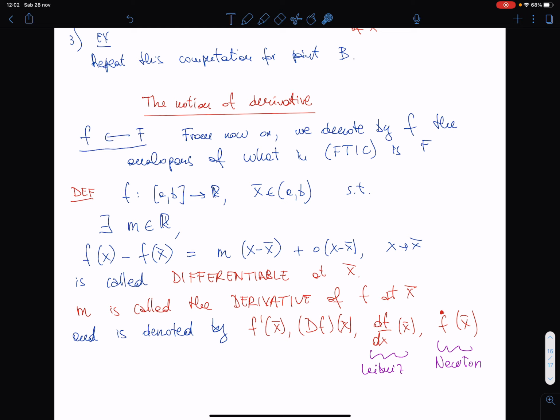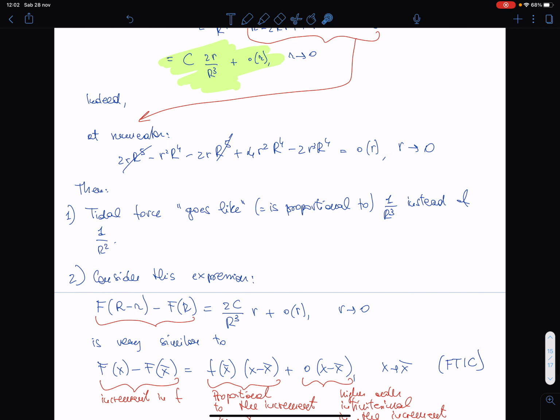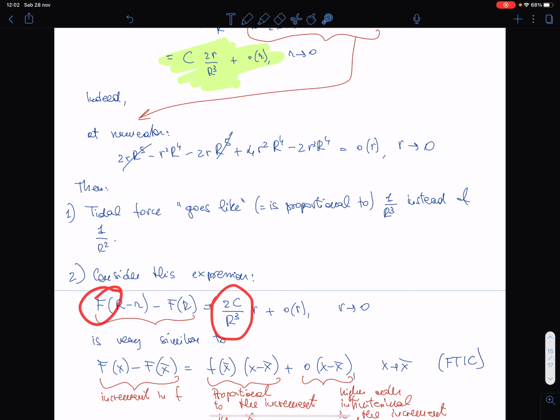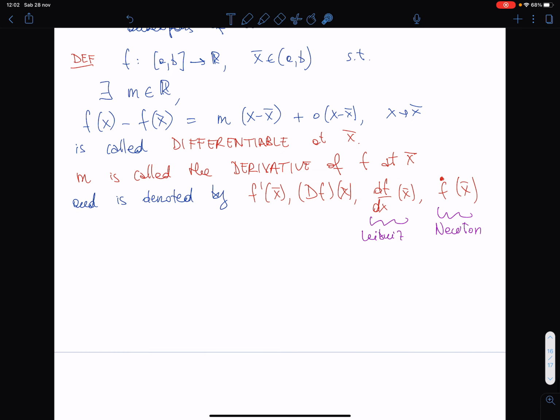Okay? So we gave in the past video a physical application or a physical interpretation of the derivative. Now we can say that in the tidal phenomenon, the tidal force here is the derivative of the gravitational force. This is why gravitational force goes like the inverse of the square of the distance, while the tidal force goes like the inverse of the cube of the distance, because it is the derivative. And